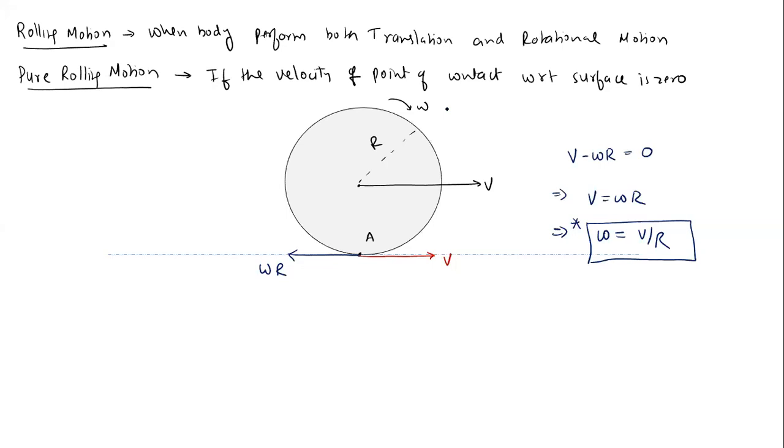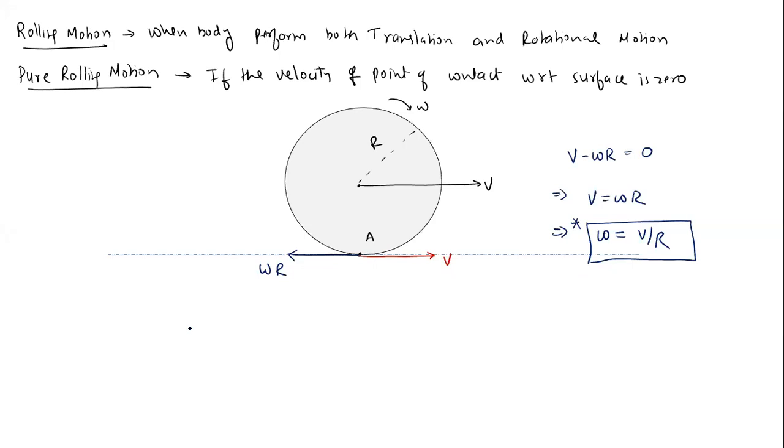Suppose that we have a body which is moving with velocity v, rotating with angular velocity omega, and radius r. Then for a pure rolling condition, the velocity at the point of contact, here the point of contact is A, the velocity at A should be equal to 0. So if we find the velocity at A, we will have translational velocity v as well as rotational, that is omega r. So v minus omega r must be equal to 0, or we can say omega is equal to v by r. So this is the condition for pure rolling. Fine, omega equal to v by r.